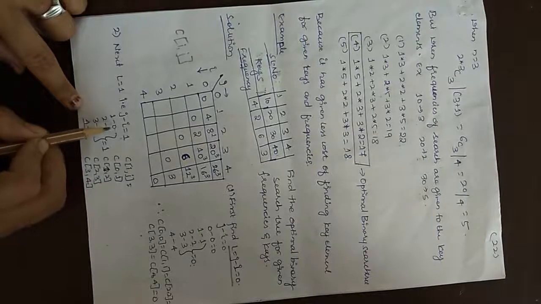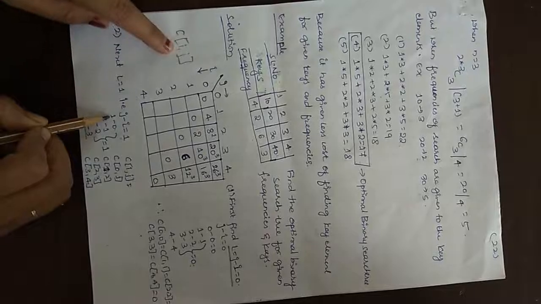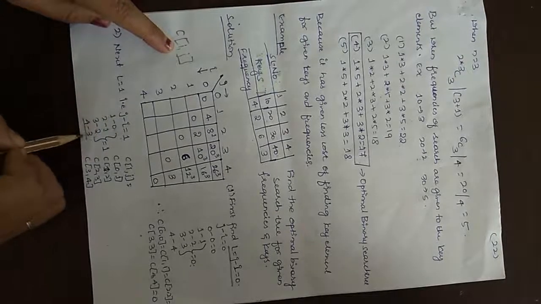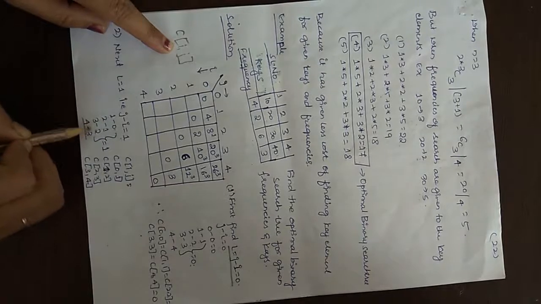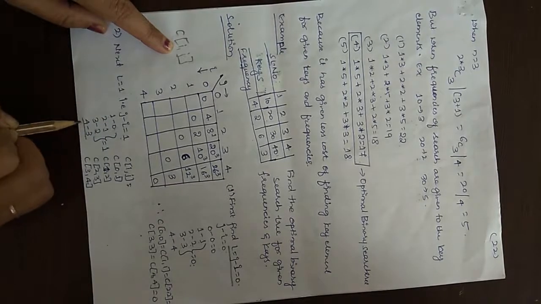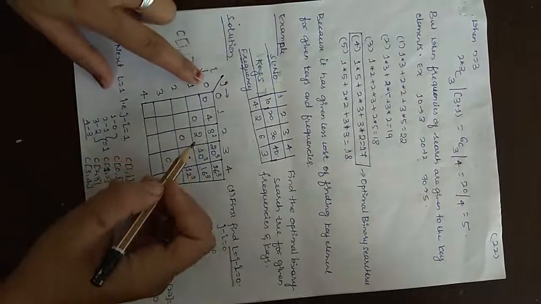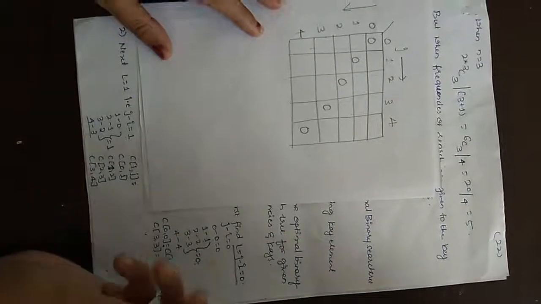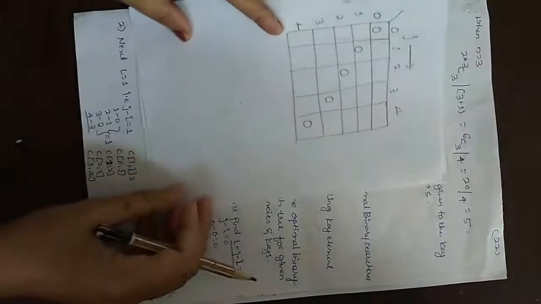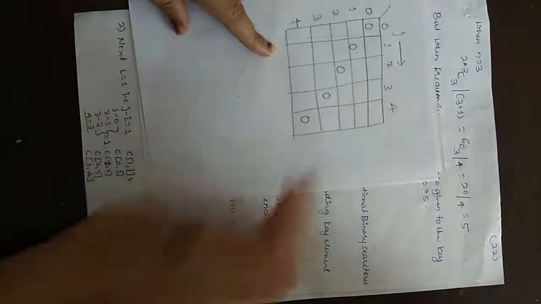So this is j and this is i. It will be C of ij, so i comes first. So 0, 1; 1, 2; 2, 3 and 3, 4. I have to find the cost of the next ones. I have already filled this table, so it might be confusing, so we'll start filling as and when. Now I have taken a new table, we will solve here and fill in this table.